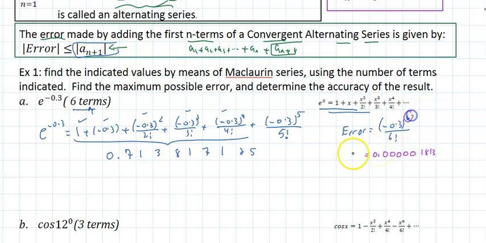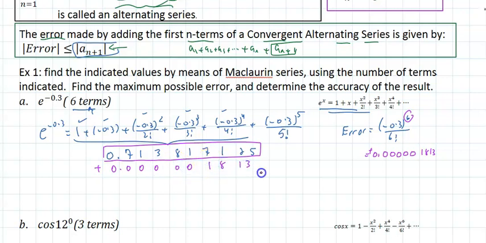And this error is positive. So if I take this number, which is my answer, my approximation, I want to know how accurate it is. If I add 0.00345 to 1813, if I add those, I'll notice that the number